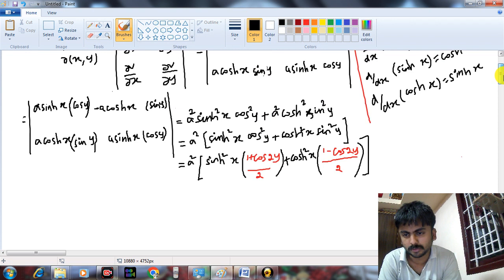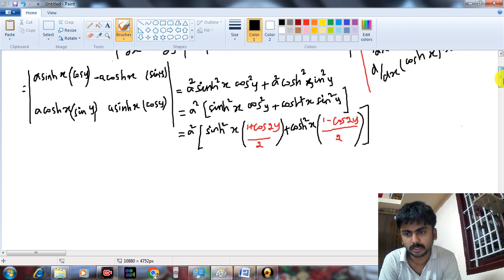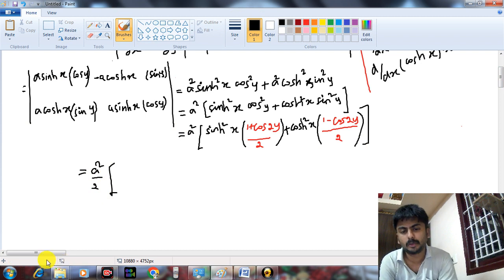So that is what we are going to do. Cos h 2x minus cos 2y is what we are going to get. Here we will get a square by 2 into,